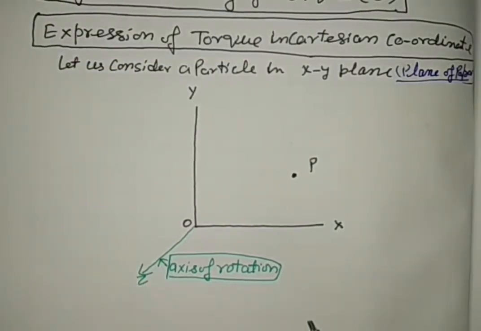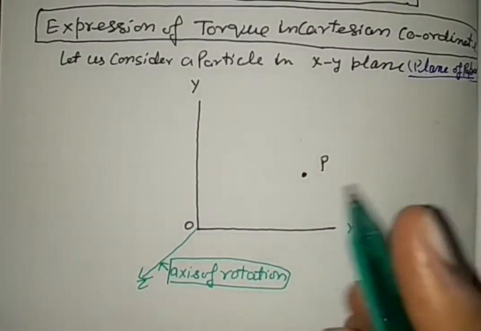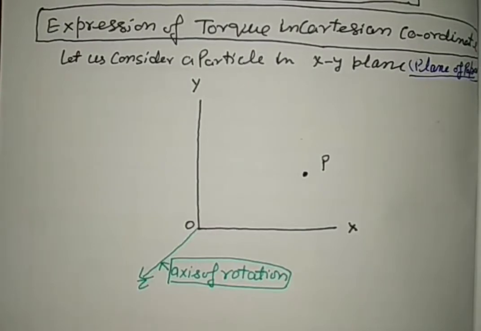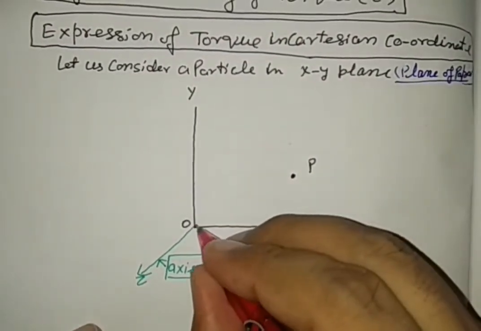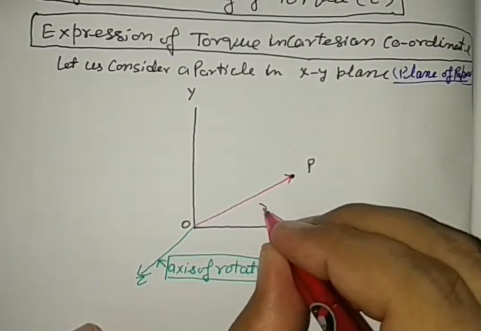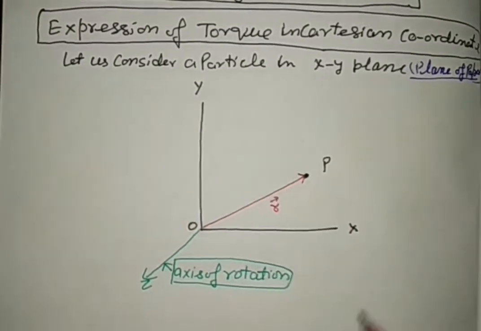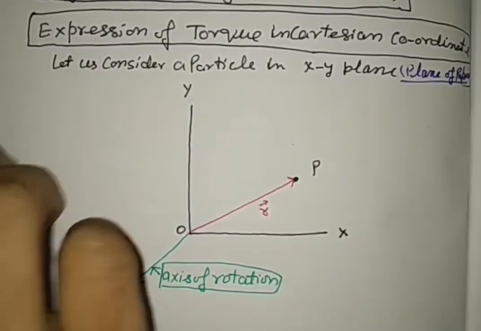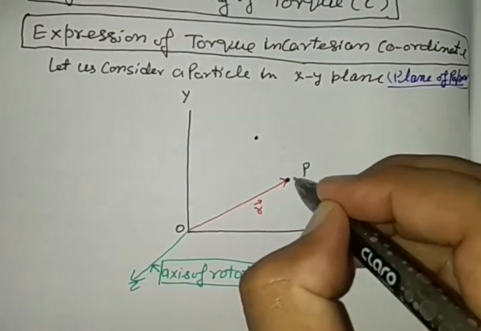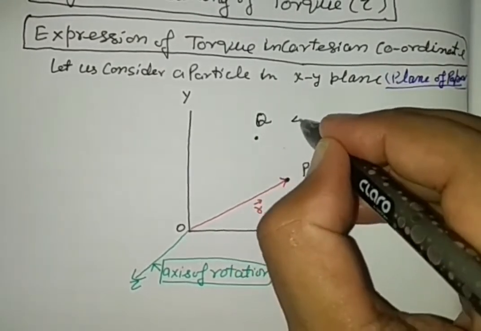The particle P rotates here in a circular path around it. Let's see position of a particle. Position of a particle here is represented by r vector, right? Let this particle move from P to Q here. Point P to point Q in delta t time,